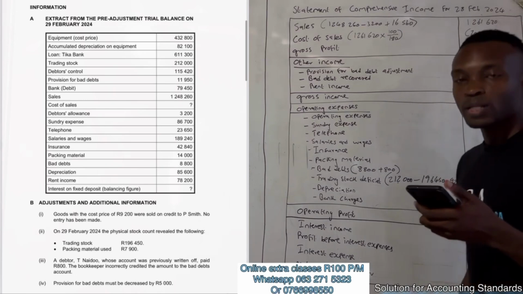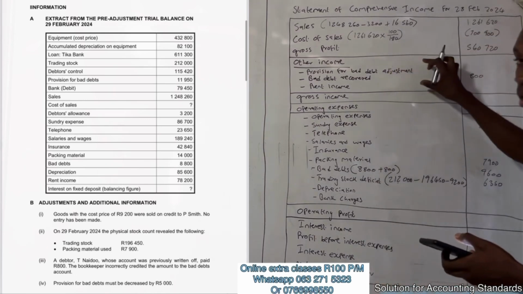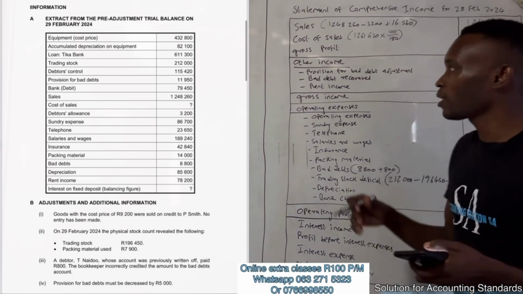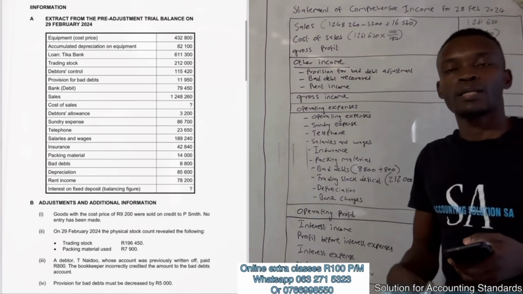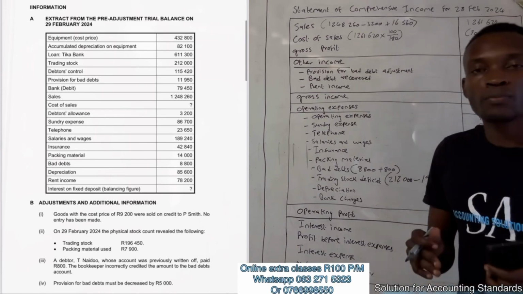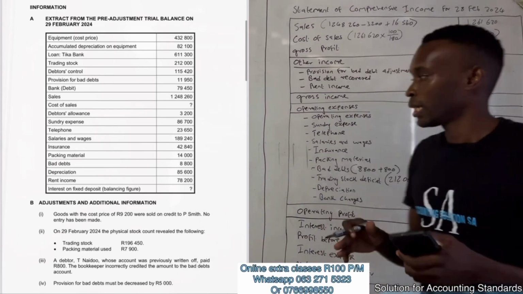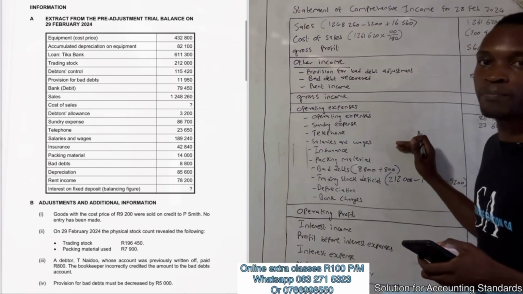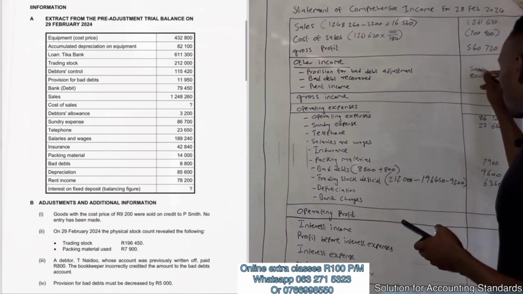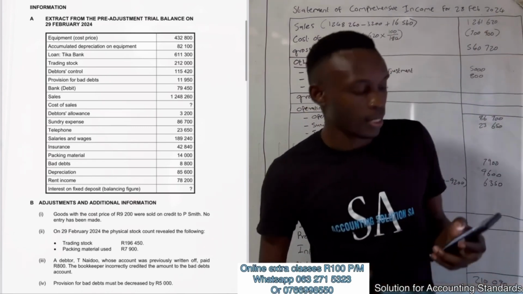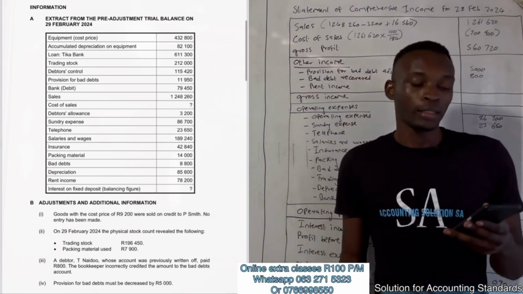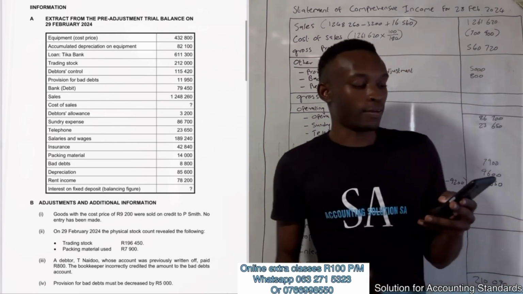Because the amount has decreased, it must be a profit. If the people that we are doubting are not going to pay us become fewer, it's a good thing for us, which is other income. But if it has increased, if the people that we doubt are becoming more, it's an expense. You have to record it as an expense. This one has decreased, so it will go this side. 500 provision for bad debt adjustment. Okay, then there was no need to work on this one as it was clearly given. Okay,